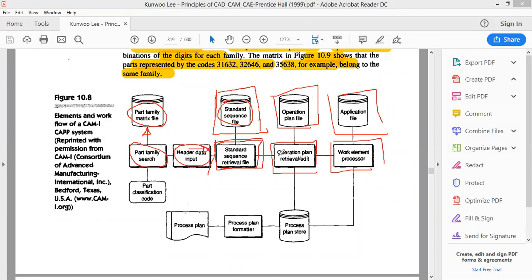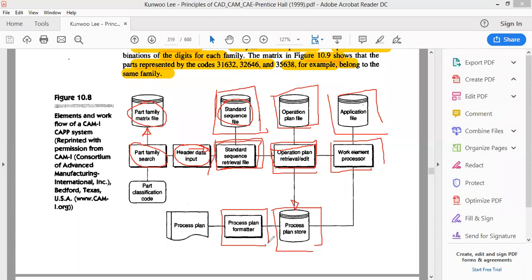And once the operation plan has been done, this information is going to go to the process plan store, because here it has to go for the other things. It has to go to the storehouse because tools are required, what types of jigs are required. All these details have to be immediately notified to the store people, because they have to keep the material ready to send to the machinist, or to the shop floor, right? So for this, they have to do the process plan with the store and with the shop floor.